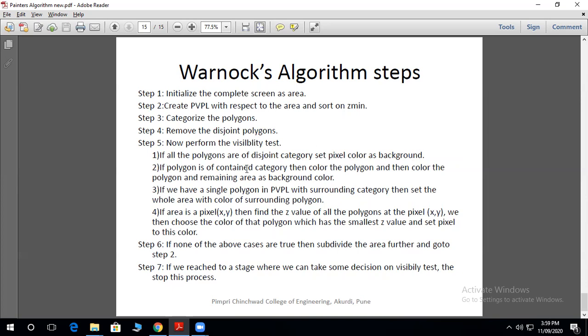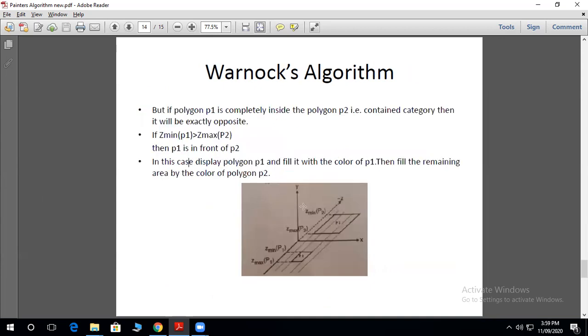If the polygon is of content category, then color the polygon and the remaining area with the background color, that we have seen over here.